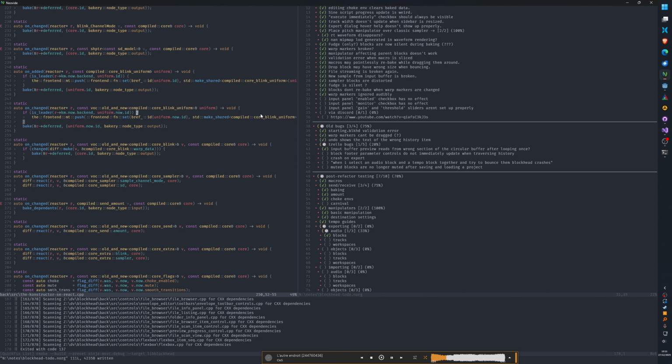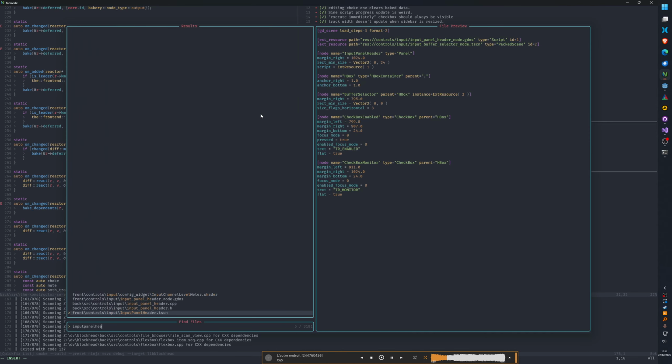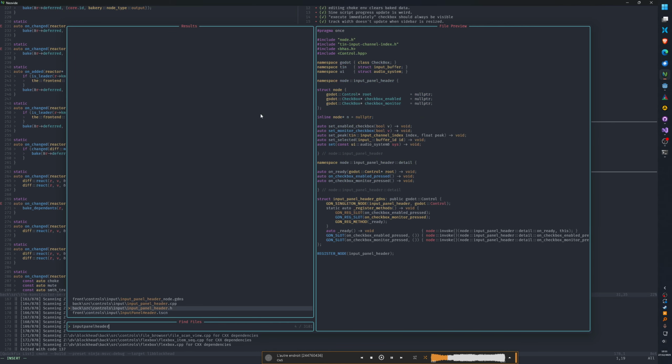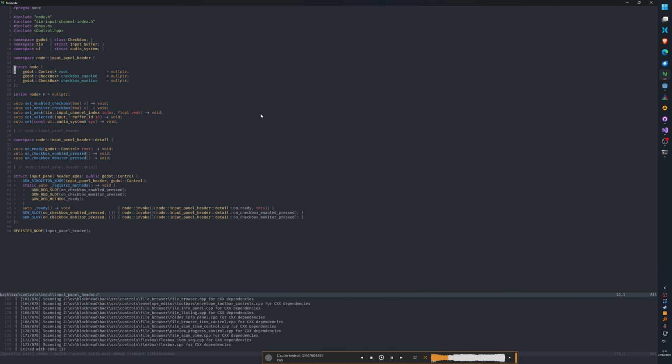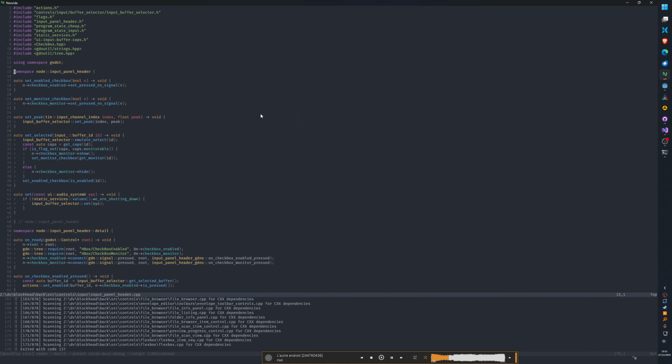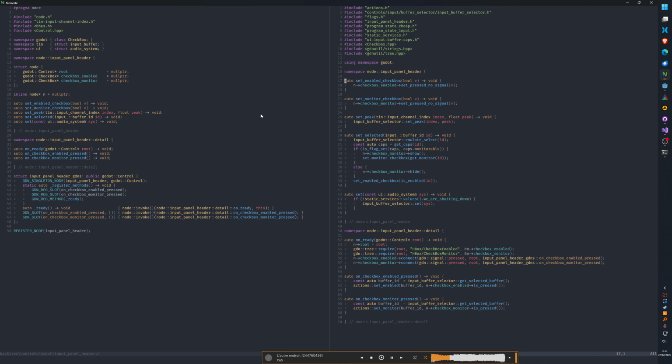Where do those checkboxes live? I think I have something called an input panel header. Which, let's see.